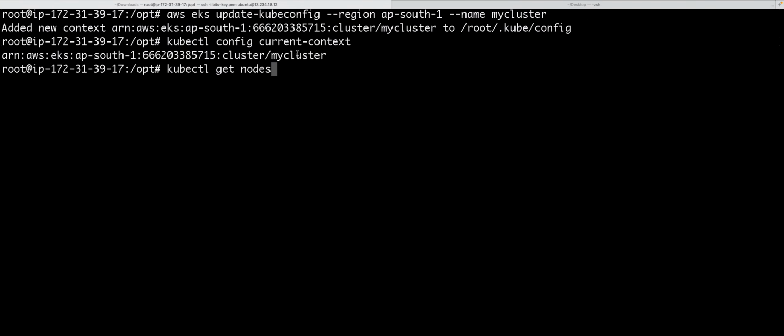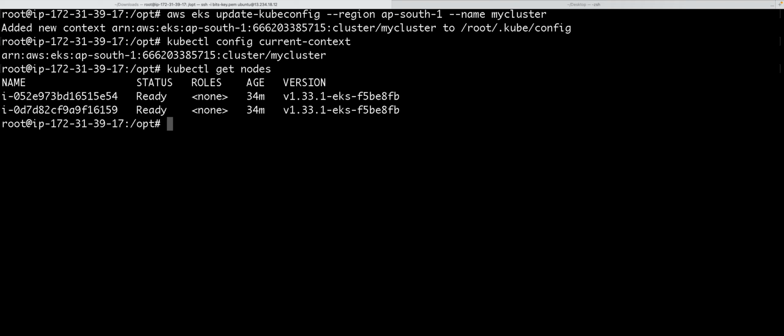So after changing the inbound rules, if you use this kubectl get nodes, see, you can see 2 node servers which are running. So if you don't edit the security rules, you will not be able to access your node servers. So change your security inbound rules to all traffic. So I have 2 node servers which are ready, and I have a cluster also. Now we'll